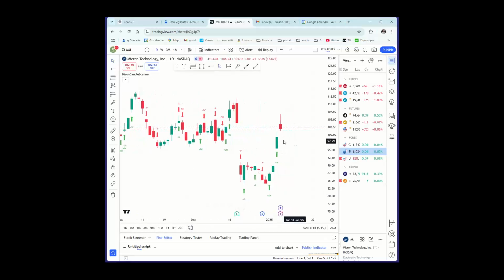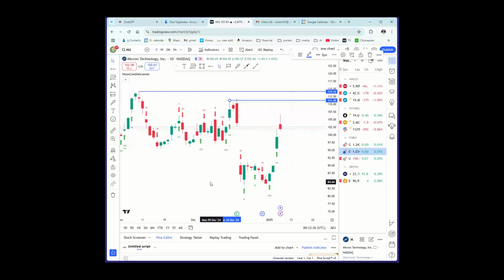Okay, Micron, the short-term trend is up. Looking for a resistance right over here. It's actually a zone. Very often a doji during a rally becomes resistance. Didn't quite get there, but you can see how it stalled right near that level. So I'm going to make it a zone over here. Lots of gaps, lots of windows here.